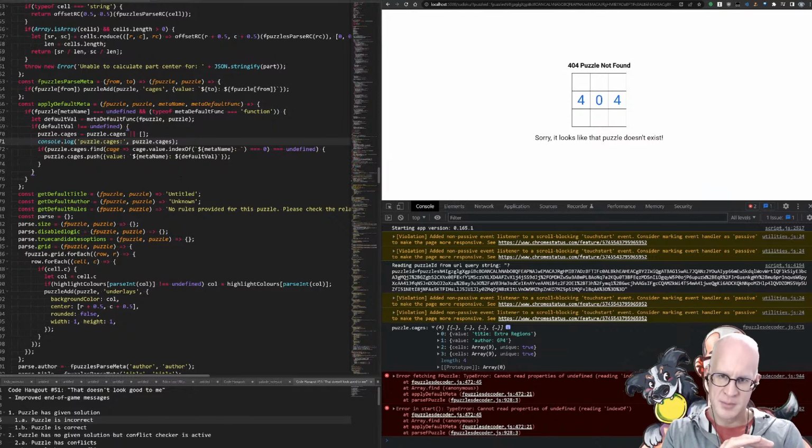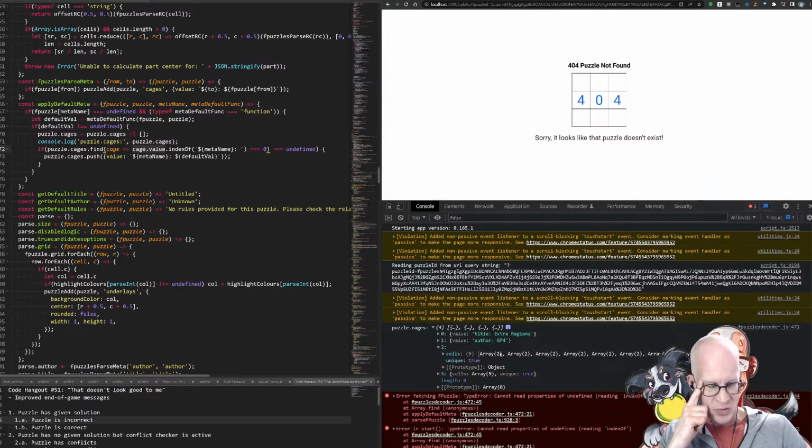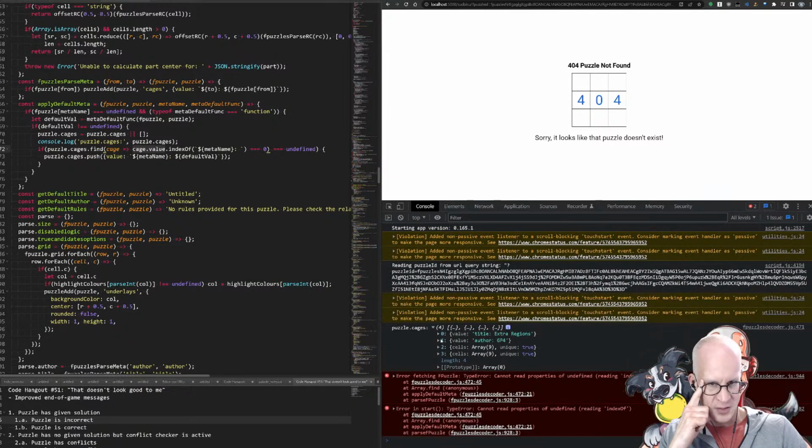What the heck? Cage did value. Now, I see this doesn't have a value. Does this mean this is going to blow up on every cage that doesn't have a value provided? That would be terrible.